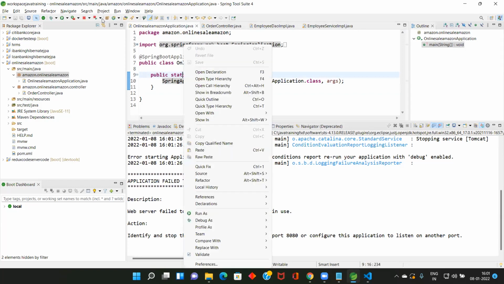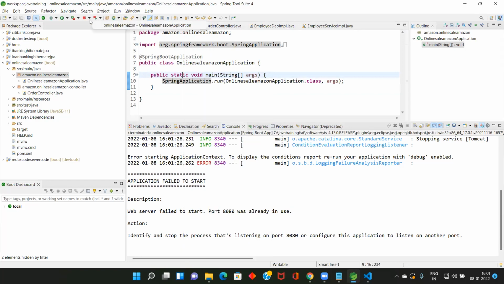First time you do this one. After that, to relaunch, use this one. To stop, use this one. I think that's all up to here. Okay, so now go here.